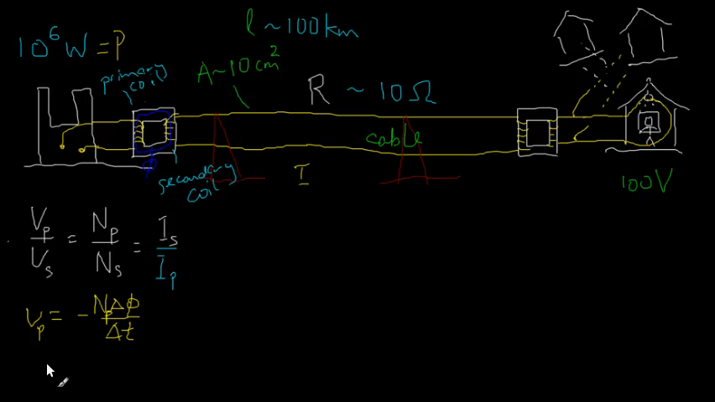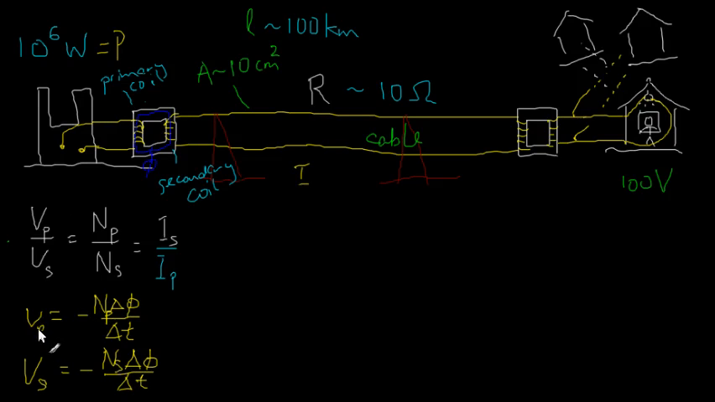So for the secondary coil, I can write down the corresponding expression for the induced voltage using Faraday's law. For the secondary coil, Ns is the number of turns and Vs is the voltage output. And once we have this,